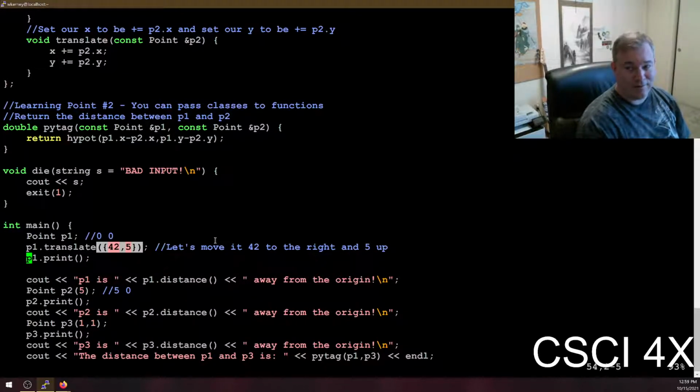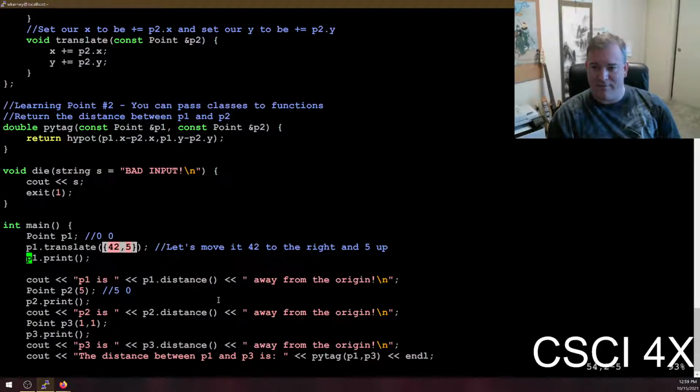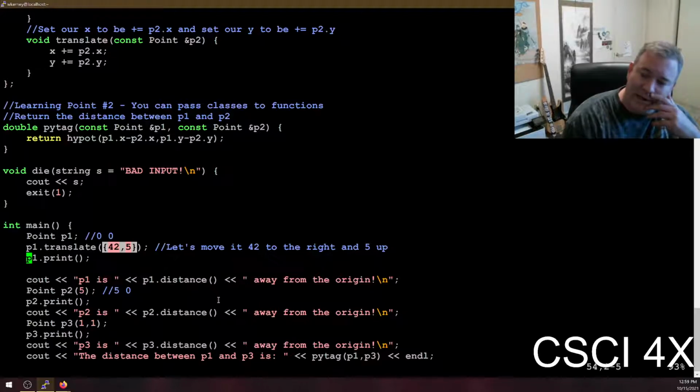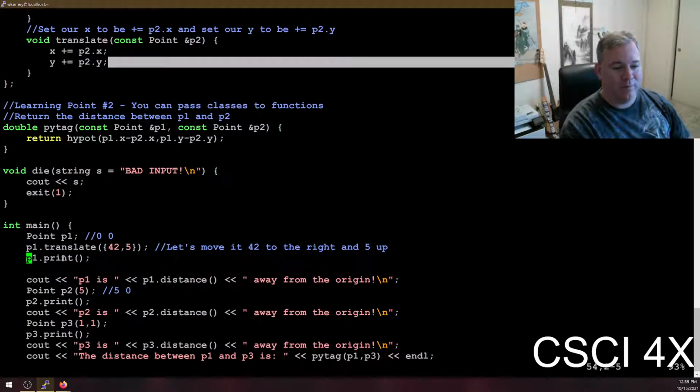Universal initialization syntax. It's pretty cool stuff. You see that? I am passing in a point to translate, because translate has a parameter right here that takes a point, and point takes a 2-parameter constructor. And so constructors can be used to construct anonymous temporary variables like this that don't ever exist again. So this is going to make a brand new point that lives very, very briefly, like a mayfly. It exists just long enough to add 42 to x and 5 to y, and then when we print the answer,